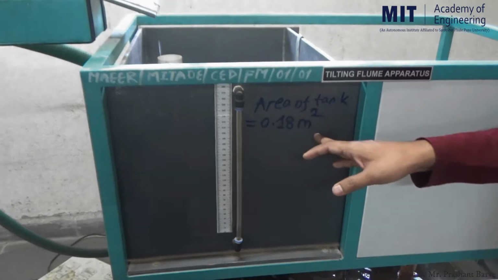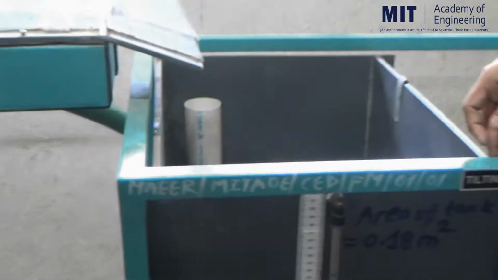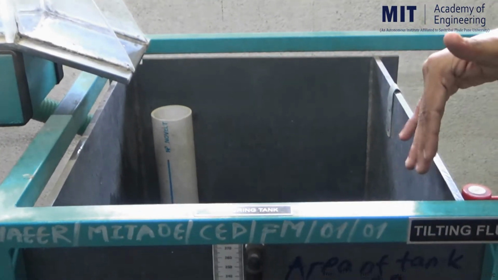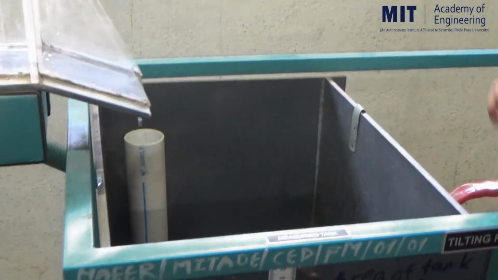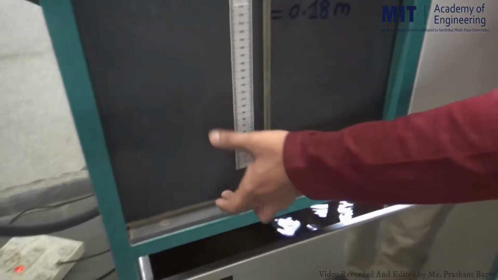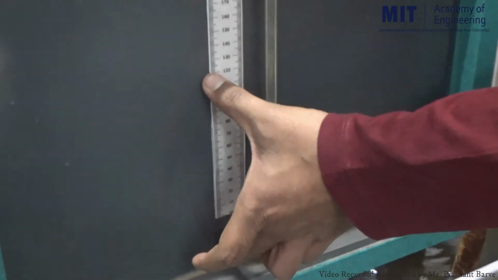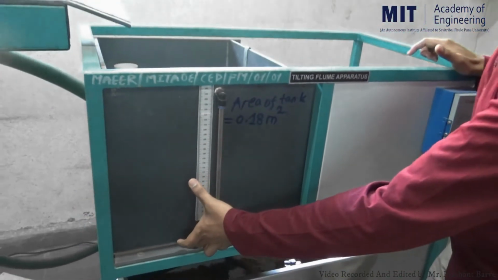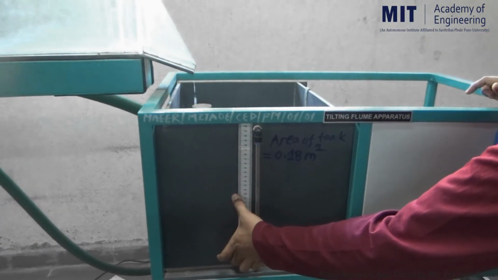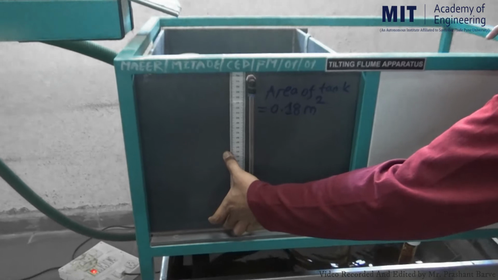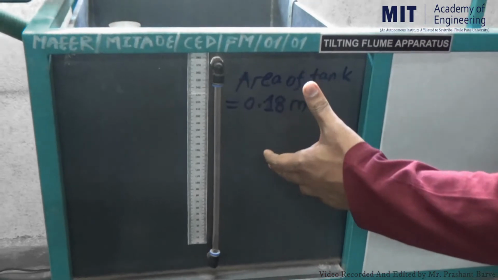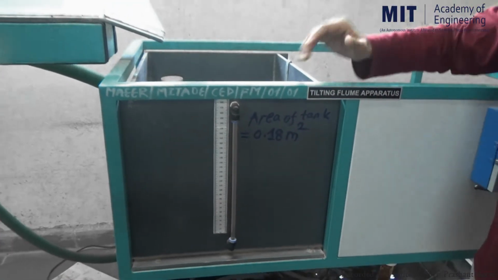Instead of directly following this, you can measure the width of the channel section with a scale, and the length of the channel section. Then you will have the cross-sectional area and the time taken to collect the water. To measure the depth of water in the measuring tank, we have inserted one piezometer. By using this we can calculate how much water is collected in the measuring tank in a given time. Area into depth gives the volume. If we divide that volume by the time taken, it gives us the actual discharge flowing through this channel section.